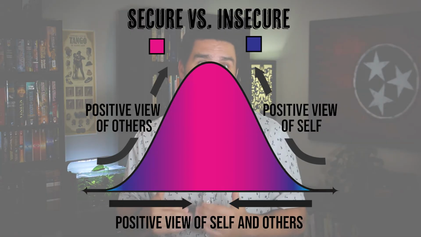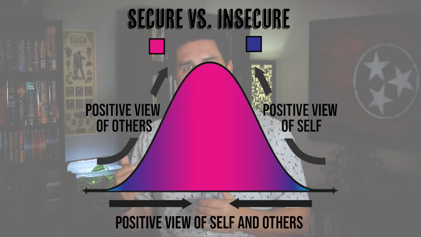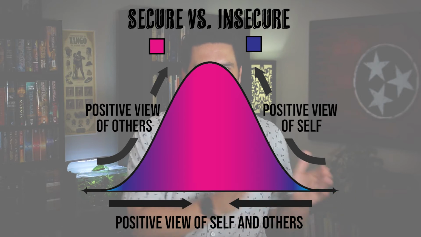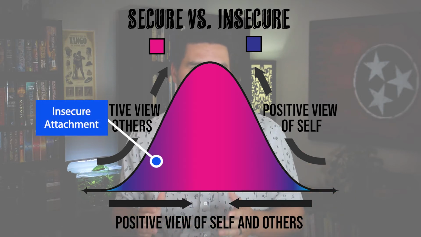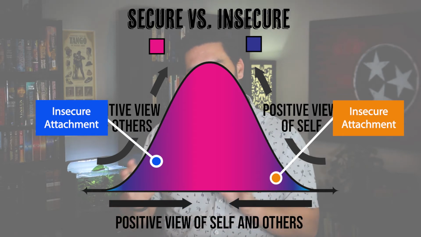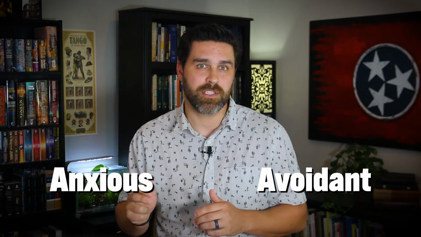And so this is the ideal, but to either side of a secure attachment, we have where the other roughly 40% of the population falls. And that's why I find the bell curve helpful, because it's more like a spectrum than these clear-cut black and white categories. The outside is called the insecure attachment styles, and they represent the imbalance that happens in our disordered desires. And they fall into 2 main categories, avoidant and anxious. Now, in the next 2 videos, we'll explore these other attachment styles. So I invite you to click on the link to those videos below.